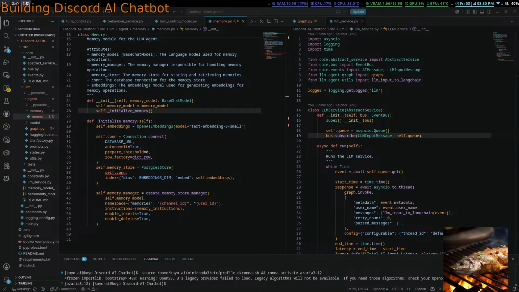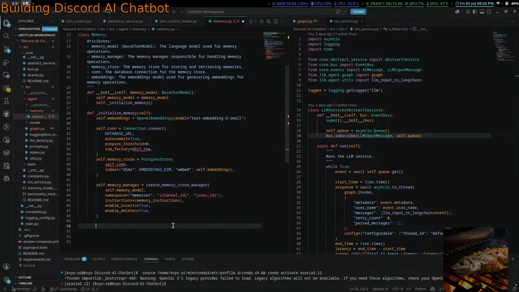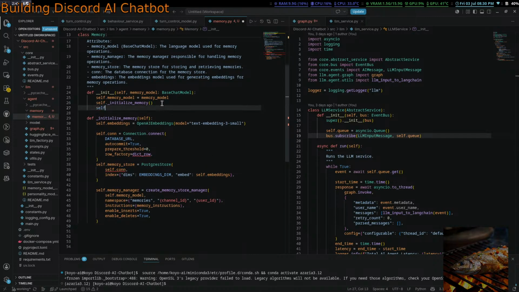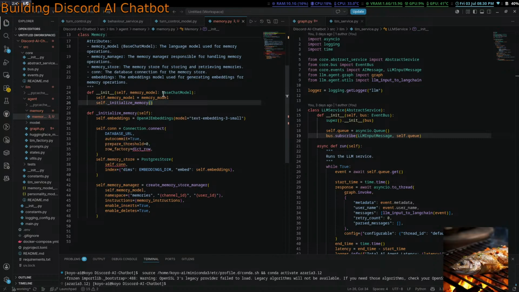What do we do here now? Or do they share the same queue? Probably shouldn't.